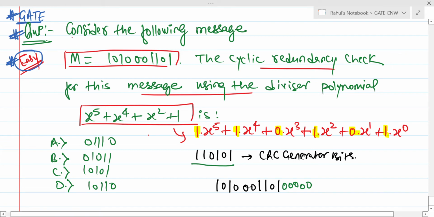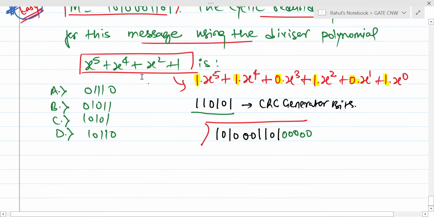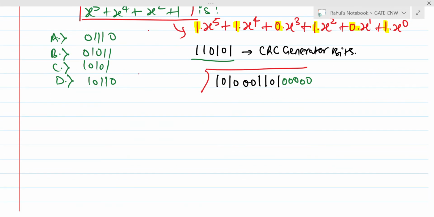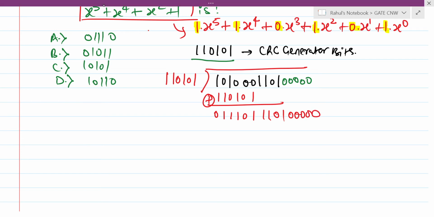After doing so, we need to perform the XOR operation with the help of the CRC generator, 1 1 0 1 0 1. So 1 1 0 1 0 1. If you perform the XOR operation, 1 1 is 0, 1 0 is 1, 0 1 is 1, 1 1 is 0, 1 1 is 0, and the remaining 5 bits are copied as they are, right? Now